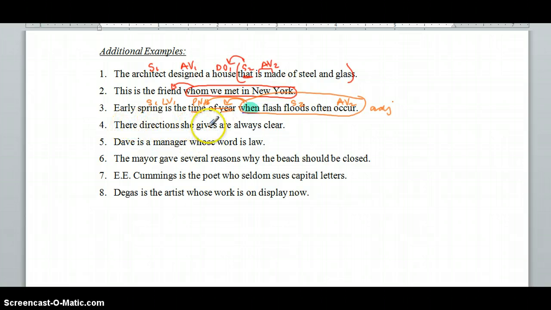The directions that she gives are always clear. Here's your clause. Which directions? The word that is omitted. The directions that she gives. Adjective clause renaming directions. Dave is a manager whose word is law. Whose word is law tells me